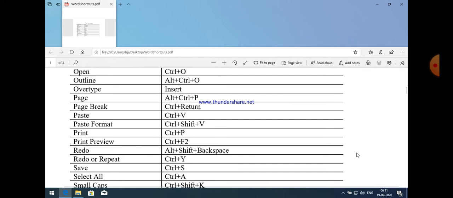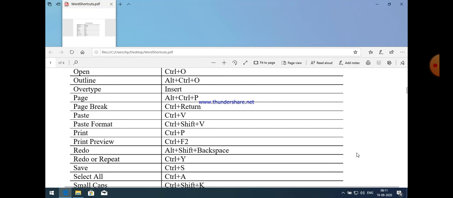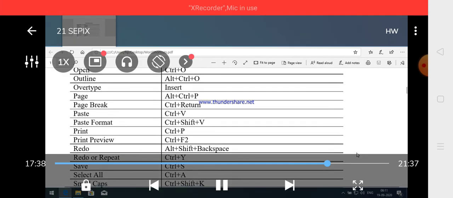For redo, Alt plus Shift plus Backspace or Control plus Y. These are the two different shortcuts used for the redo option. Then save, Control plus S, which is very important and used most of the time. Select all. If you want to select all the data in your Word document, then Control plus A. And if you want to change your data to small caps, then Control plus Shift plus K.